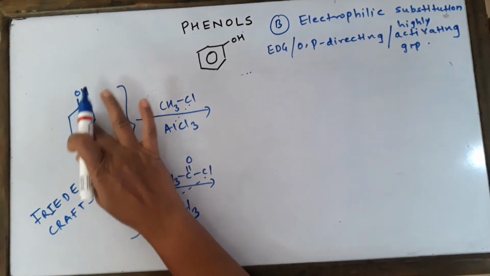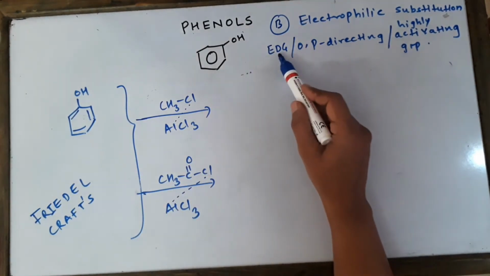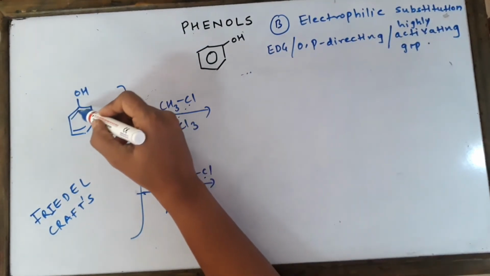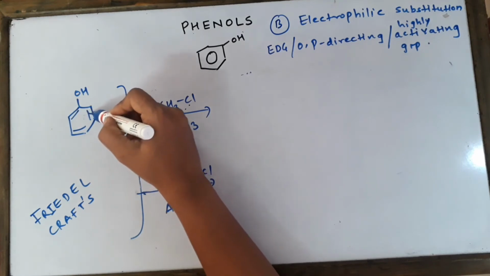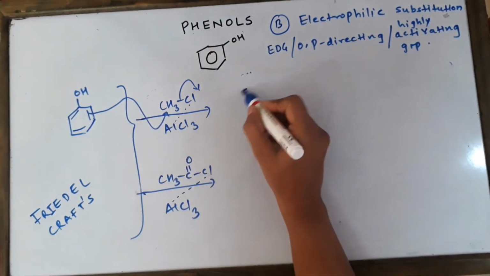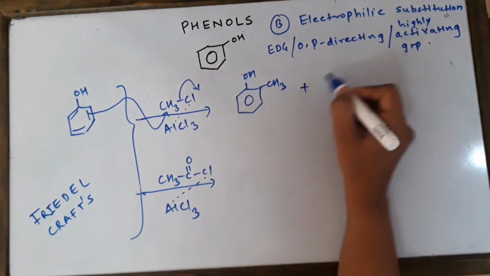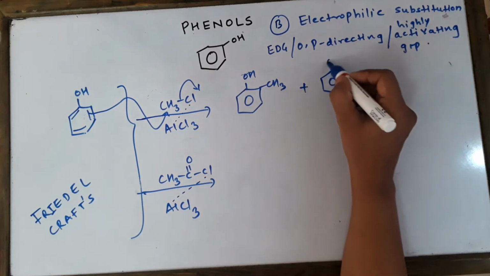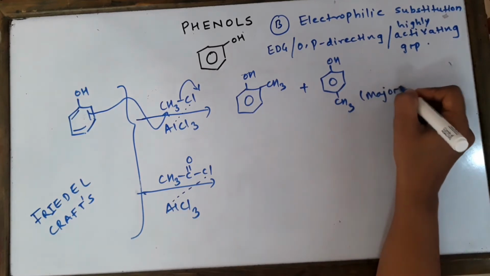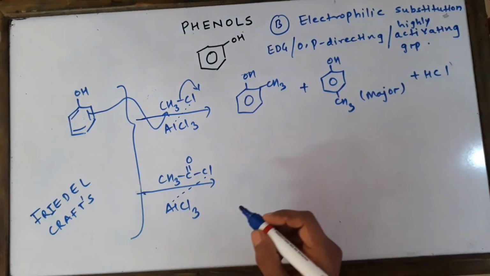Now please remember, the answers are going to be ortho-para answers only, because phenol is having an OH group, which is an electron donating group, ortho-para directing group. So that thing should always be in your mind. If we attack from, let us say, the ortho position, it's going to be somewhat like this. It attacks the CH3 and the Cl minus goes out from here, H plus goes out from there. So we are going to get ortho product and para product also. So 2-methyl phenol is the first product, and 4-methyl phenol is the second product and the major product. What is the byproduct? Cl and H, so we get HCl as the product.